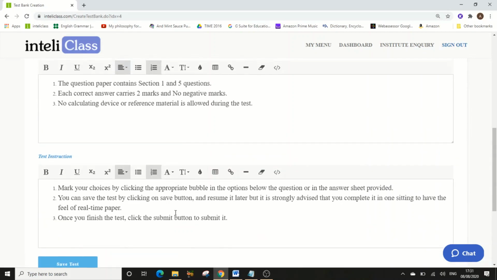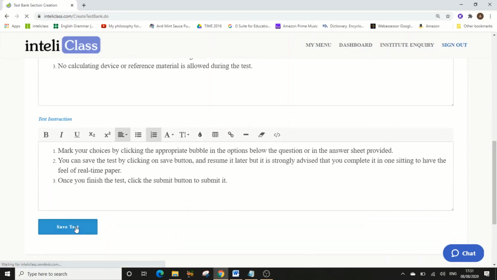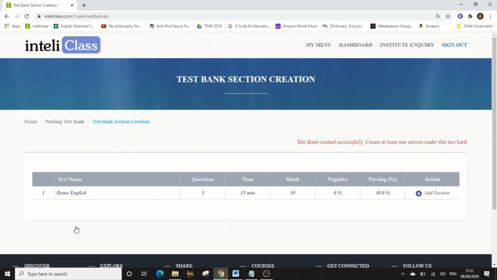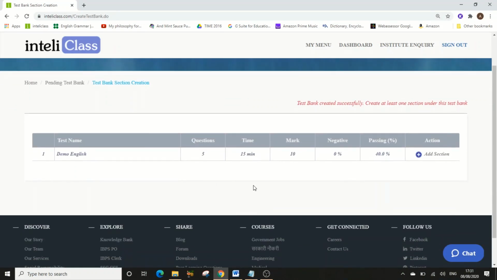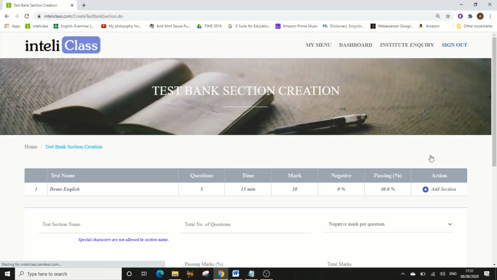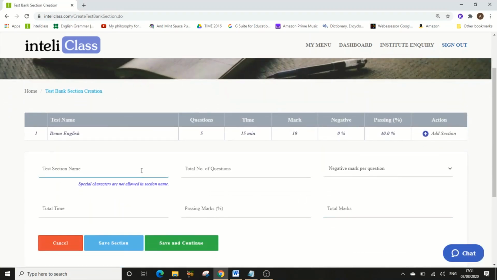So now the first step is over, and I am moving to Save Test. Now my test is saved, or rather the structure of the test is saved. In this I need to decide upon the sections. If I am keeping only one section, I still need to add one section here. So I go to Add Section. If it is only one section, I can give it a name. If there are more than one, you can certainly keep on adding sections and giving each a name.